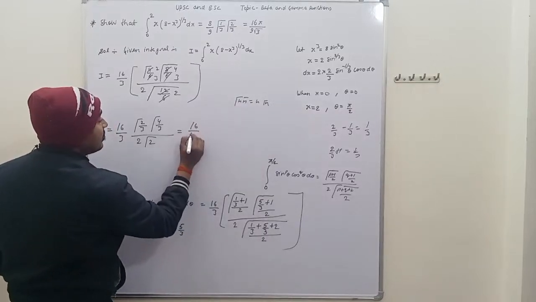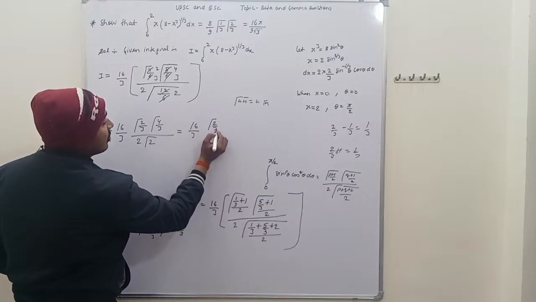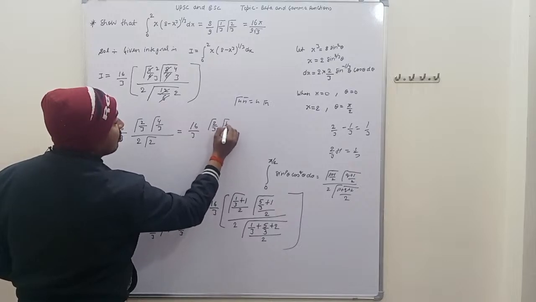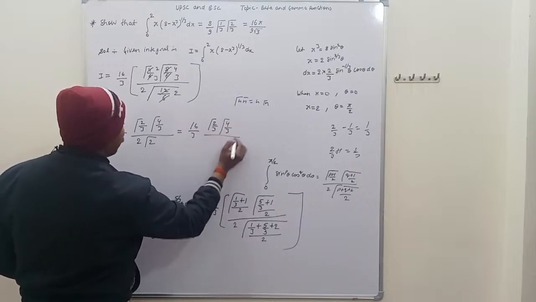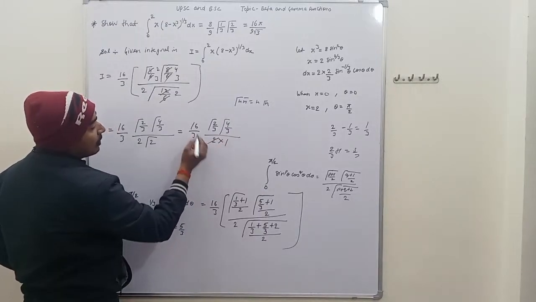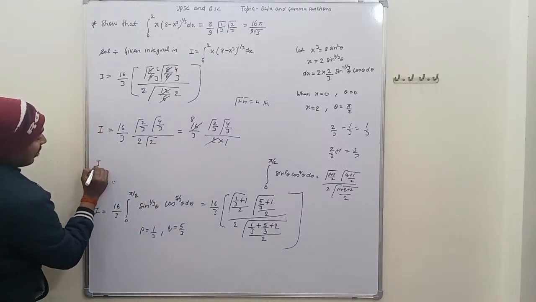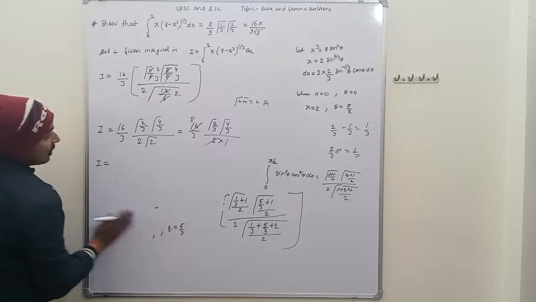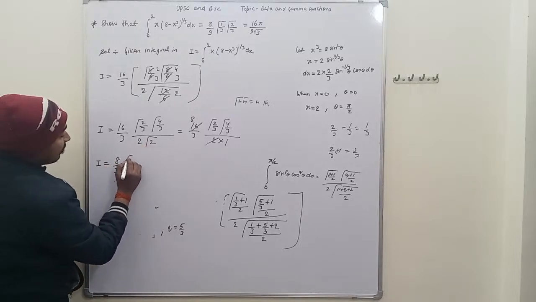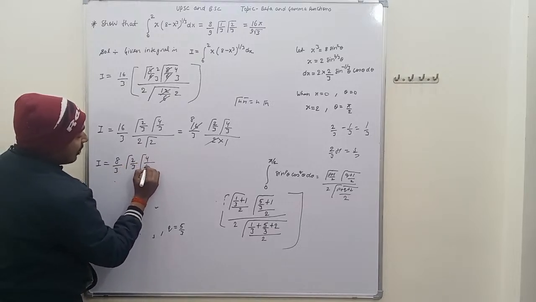then this is given by 16 upon 3, and this is gamma 2 by 3 into gamma 4 by 3 upon 2 into 1, and from here we have to cancel out 2 8 is 16, and this is given by integral I is equal to 8 upon 3, and this is given by gamma of 2 by 3 into gamma of 4 by 3,